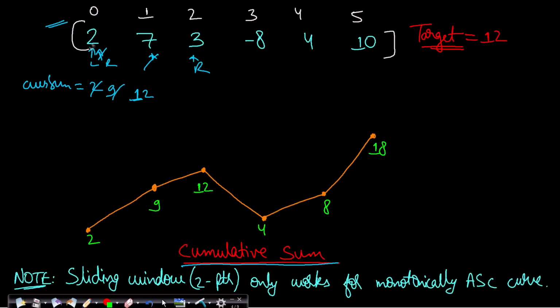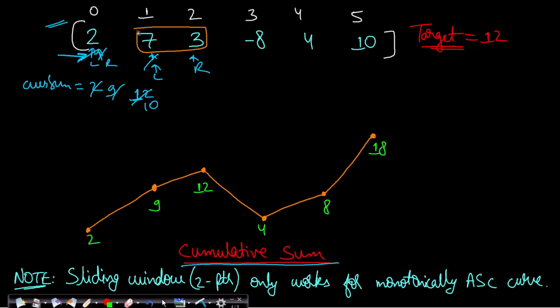here. But this may not be the smallest window possible, so in the previous problem I had explained that you will compress from the left side and the left pointer will move to the right, and you will keep on moving it unless your current sum value actually decreases and becomes less than your target. So if you move your left pointer to the right, then this 2 will be decremented and this becomes 10. Now the current sum has actually fallen below your target, so you will stop your left pointer here, and this